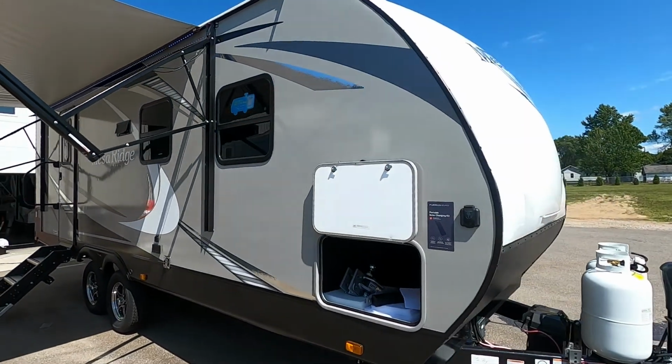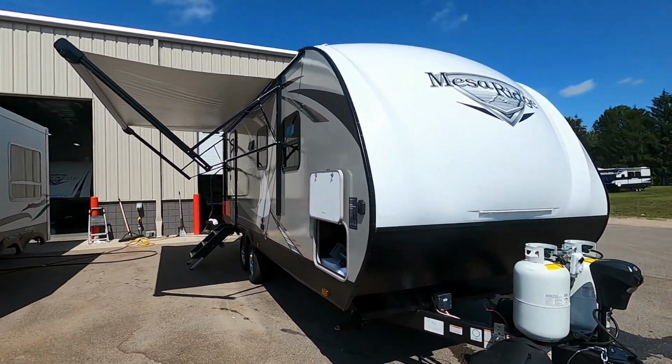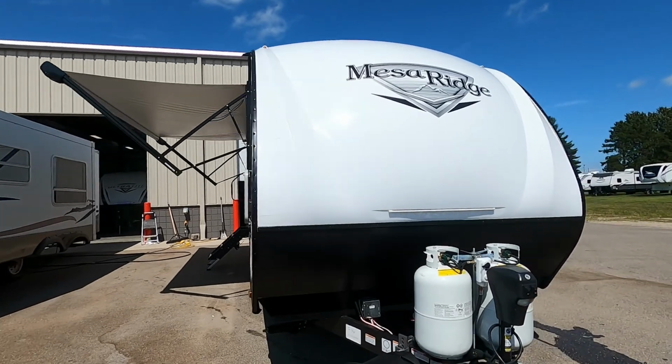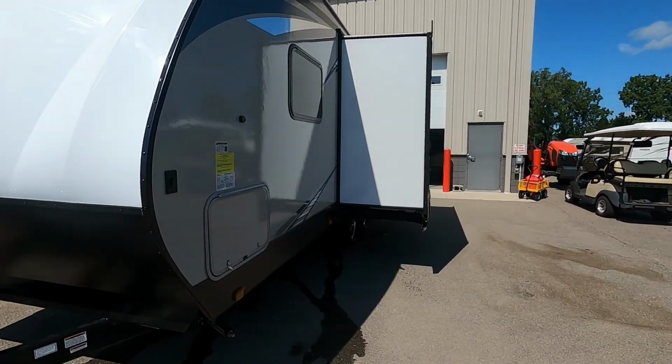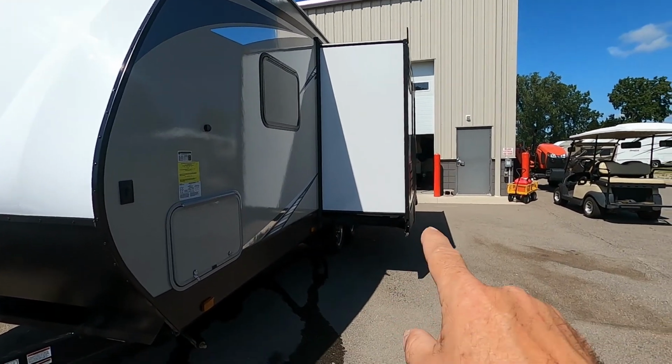Let's start by talking about arriving at the campsite. A few things to take into consideration when parking on your campsite. You need plenty of room for that awning to come out. And on your off campsite side, of course your slide. You've got a deep slide there. Leave plenty of room for that to come in and out unimpeded, preferably nothing hanging over top,